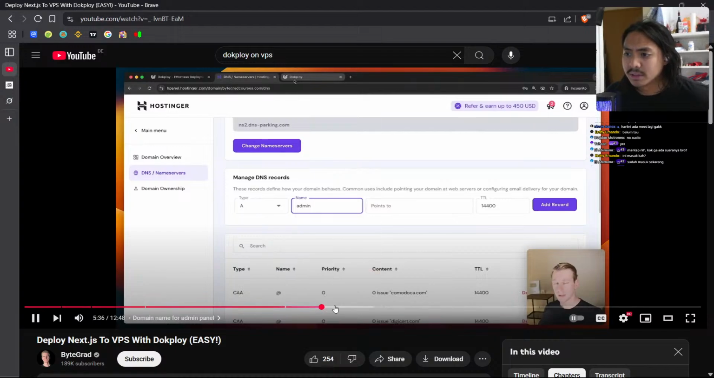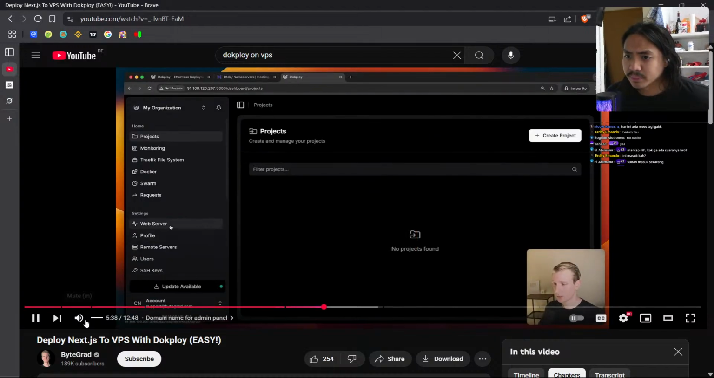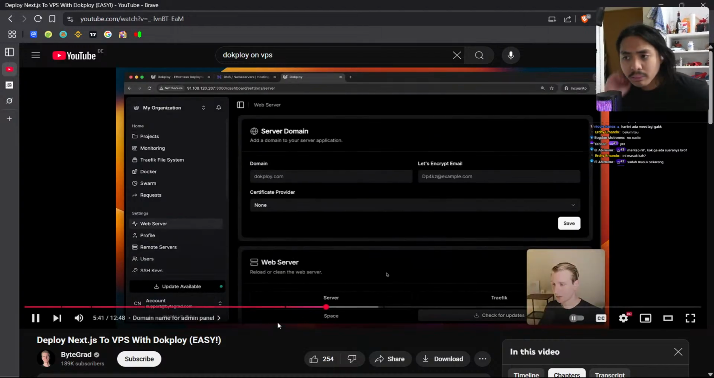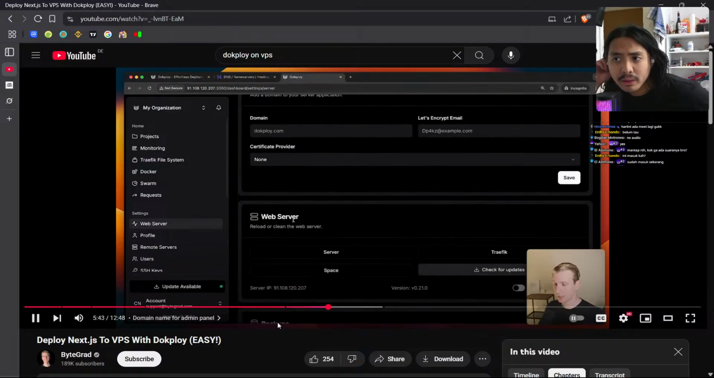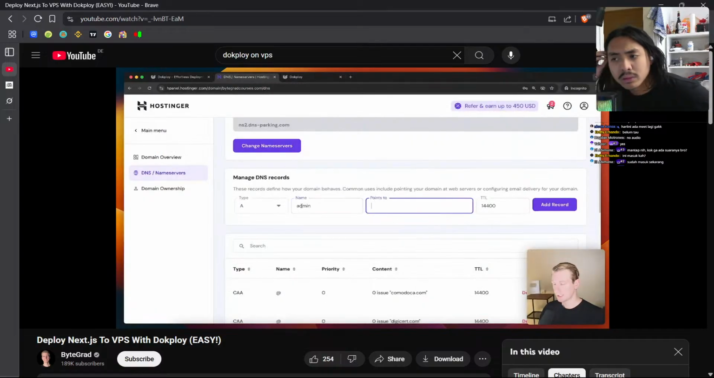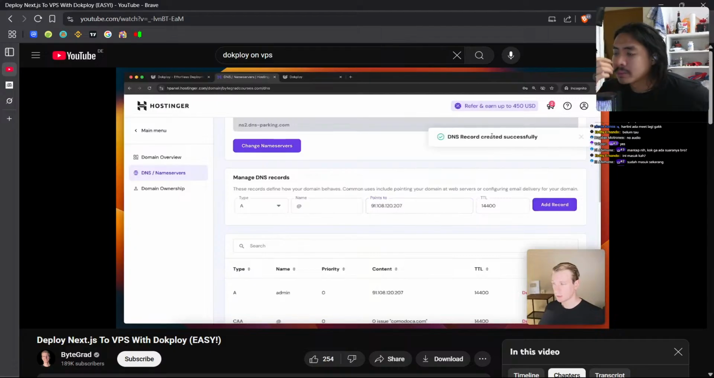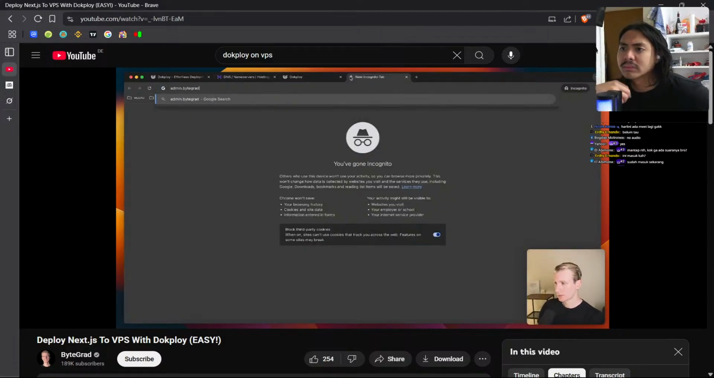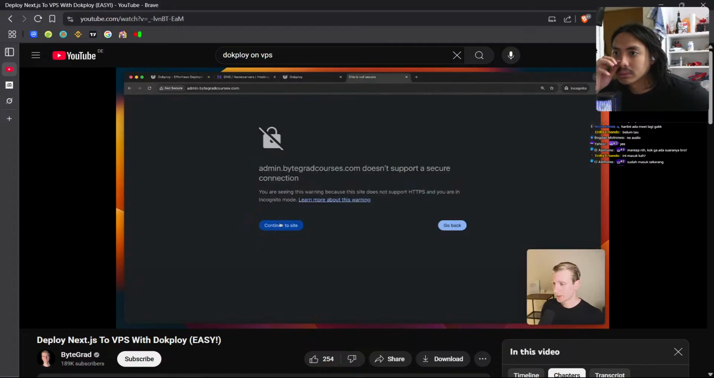That will be my web panel dashboard. So here under web server, we can set things up. However, we first need to get the actual IP on which it is running here. Dokploy automatically recognizes that, and it gives us the server IP here. So we want the admin to point to that. Okay, I'm going to add the record. Okay, successfully created. So now if I go to bytegradcourses.com, okay, so here if I continue to site, okay, now